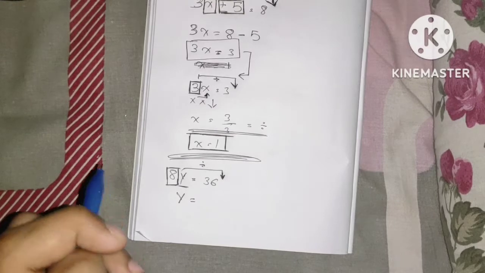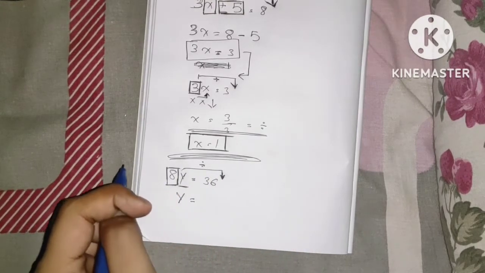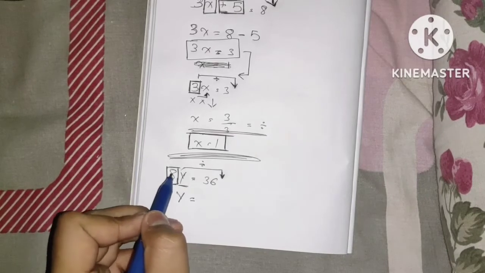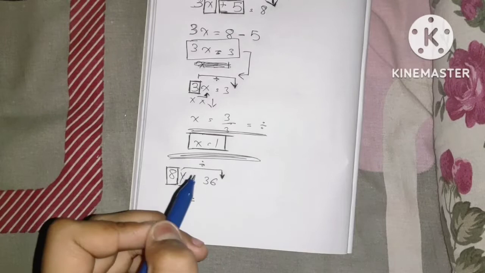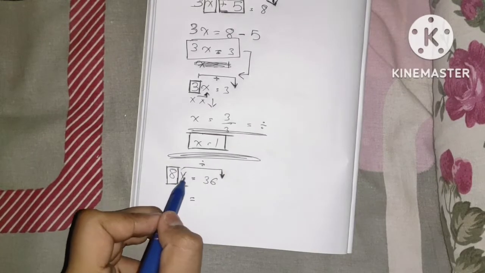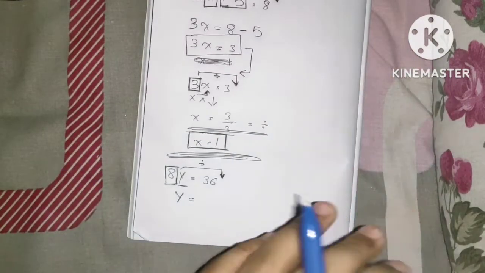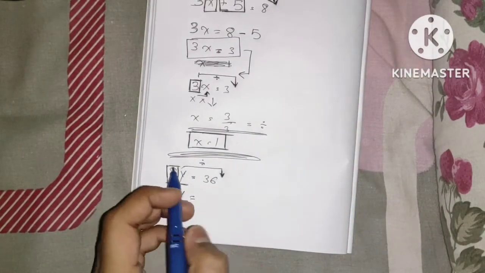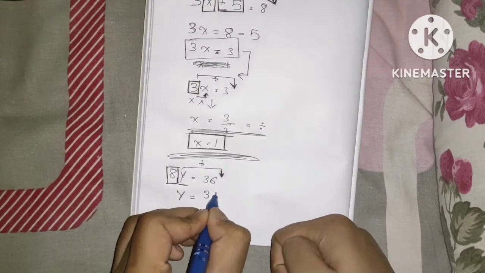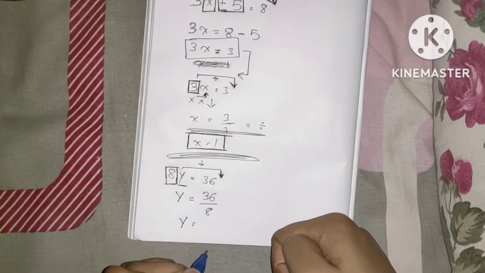If it was minus, we put plus there. So then you're thinking this is neither plus nor minus, then why am I putting a division symbol there? It's because this 8 is multiplied with y. So multiplication's opposite is division. So it will be divided when we take it here. So it will be like this, 36 by 8, and y is equal to,